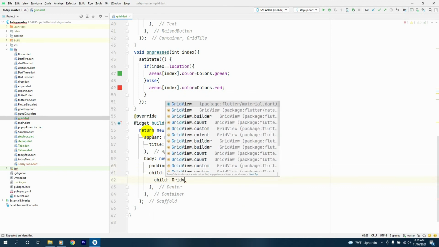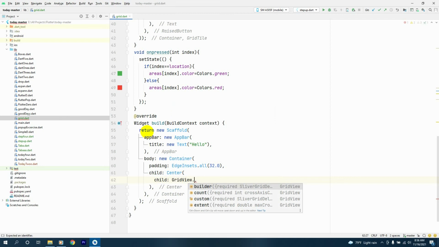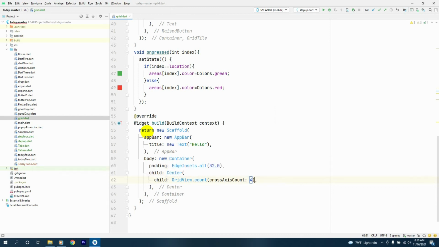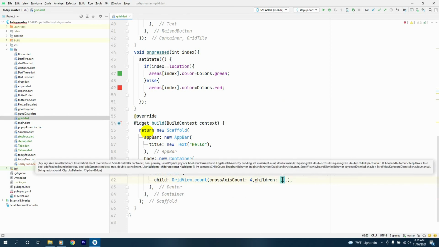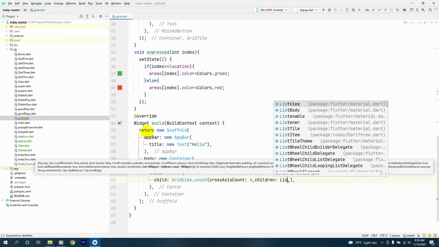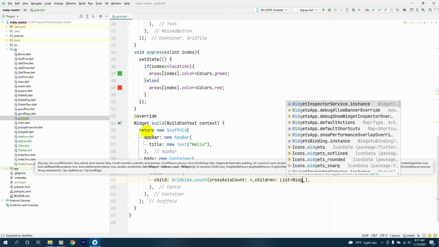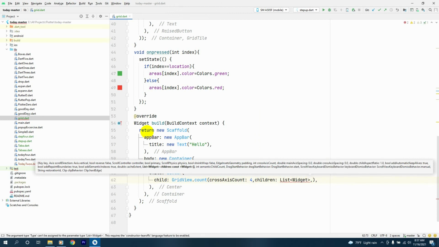GridView.count, and inside it we'll give the crossAxisCount as 4, and after that we'll give the children. The children will be the list, and we'll pass our widget as the type for our list, and after that we say dot generate